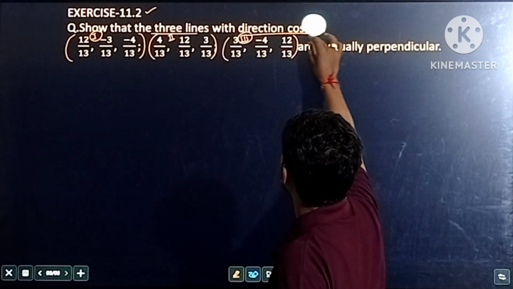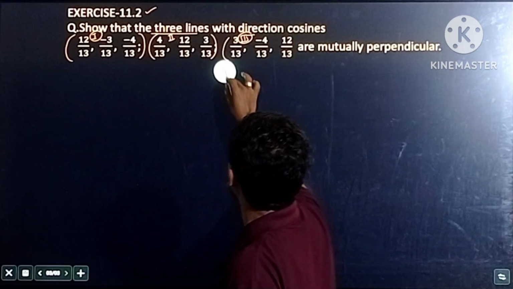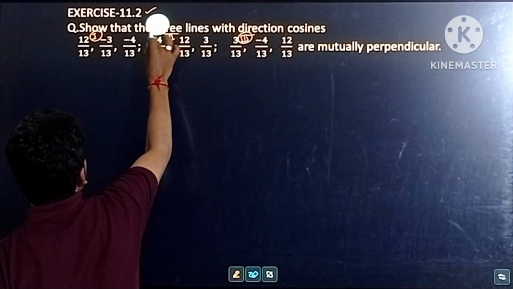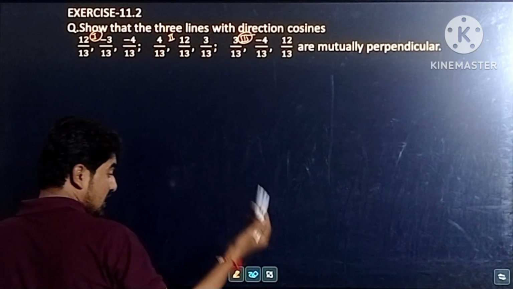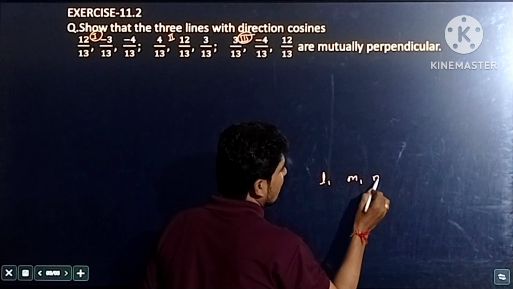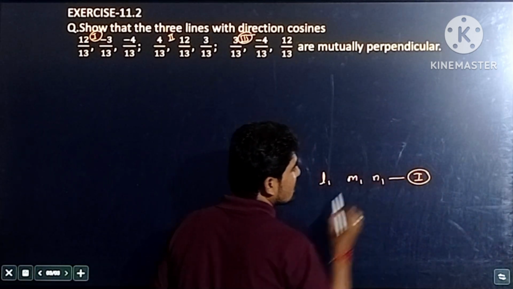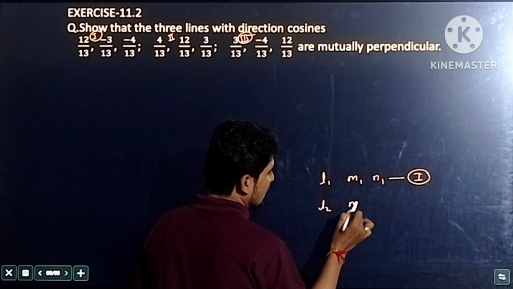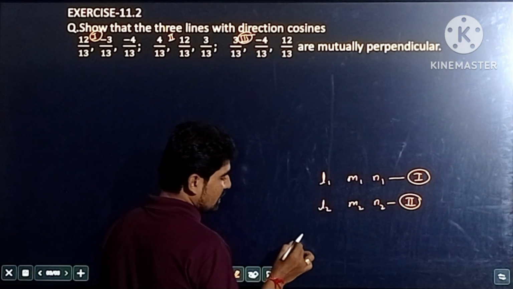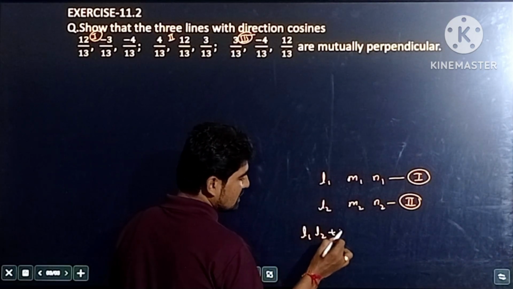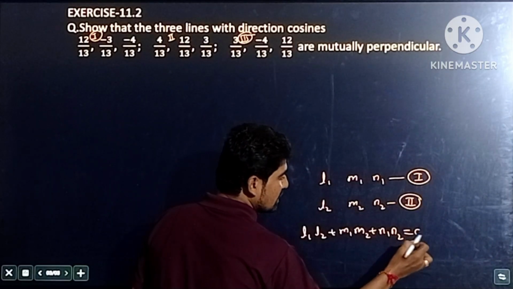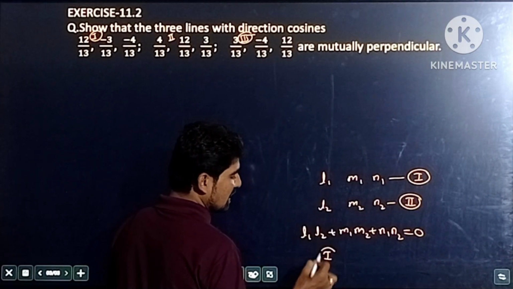As you know, to show that any two lines are mutually perpendicular to each other, one of the conditions of perpendicularity of two lines, when their direction cosines are given, is this. Suppose L1, M1 and N1 are the direction cosines of the first line, and L2, M2 and N2 are the direction cosines of the second line. If L1 L2 plus M1 M2 plus N1 N2 is equal to 0, then we say that the first line is